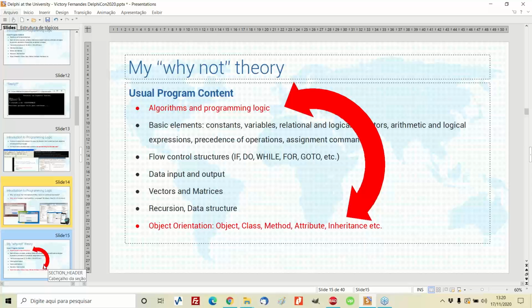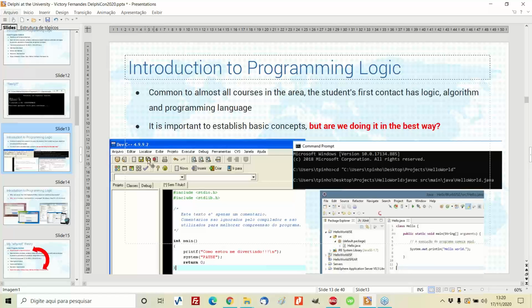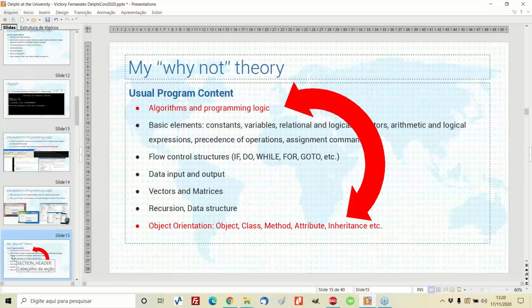So I asked myself many times, why not? Why not use it? Why are the teachers out there not using it? Is it just because it's free? Is it just because I have C++ for free or Java for free? And sometimes I don't think that's the problem.